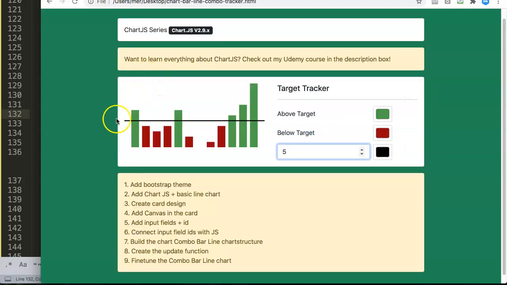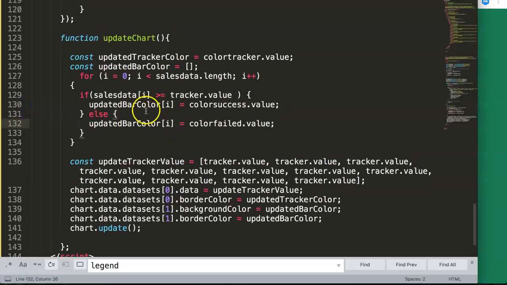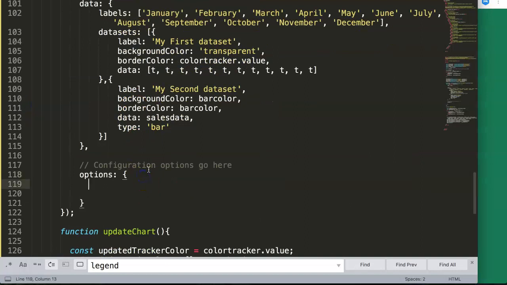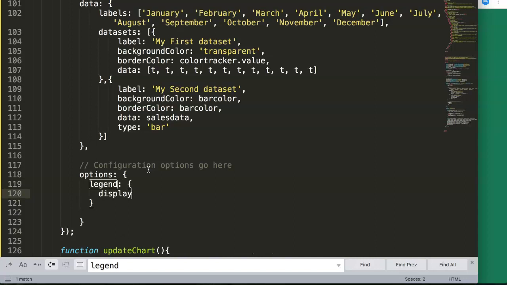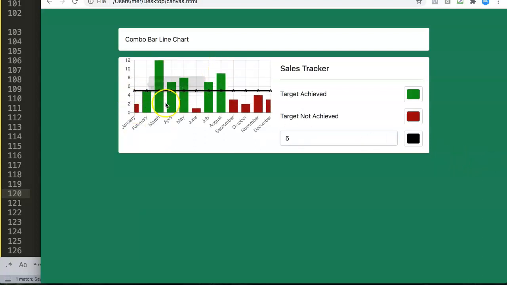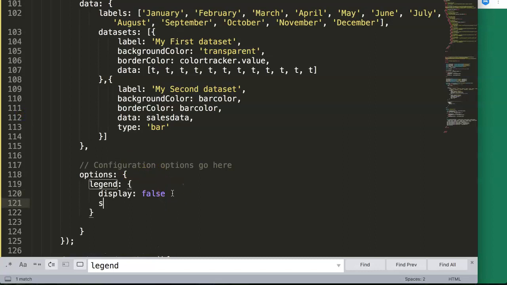Let's remove the legend and adjust the grid lines here immediately. So for that, we go back up to options, and then in the options we say legend, and here display false. Once you save that, refresh. As you can see now it starts to work. We can do a few more items. So we say the following is scales,